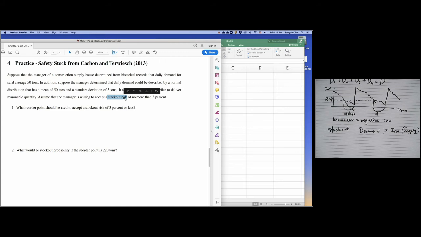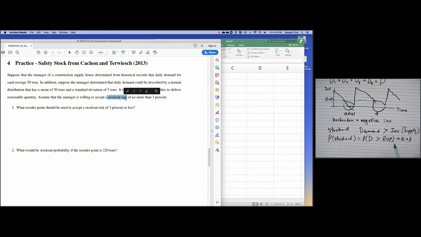So if demand is greater than supply, then this case is what? Stock out. Then now we have to compute the probability of stock out. This stock out should be less than 3%. When do you have a stock out? Stock out is actually when demand during your delivery time for the next 4 days is greater than your reorder point. This is actually